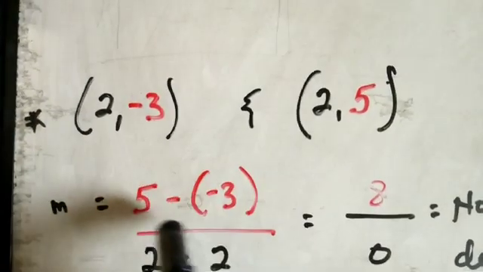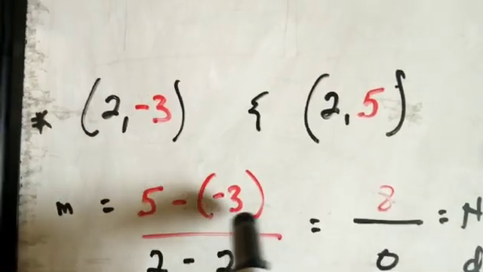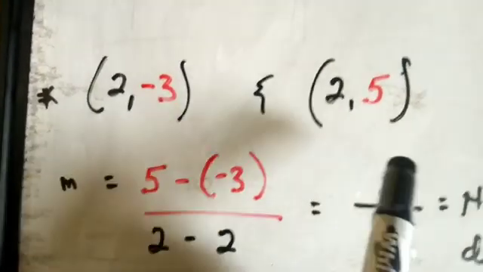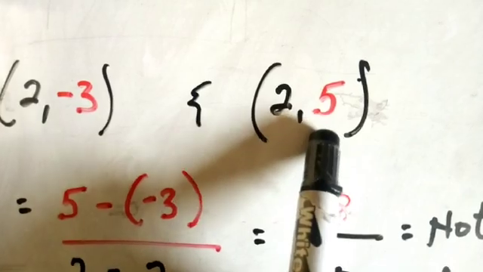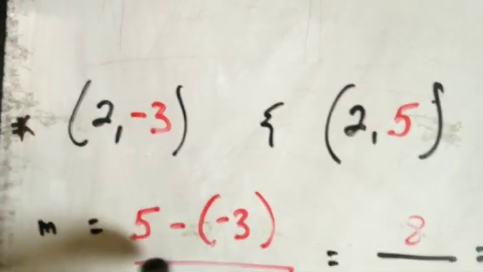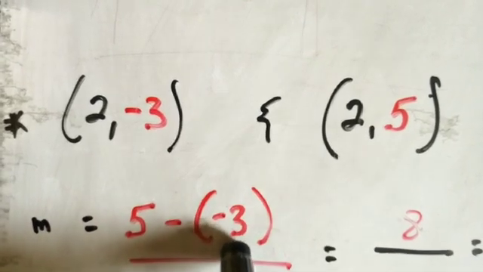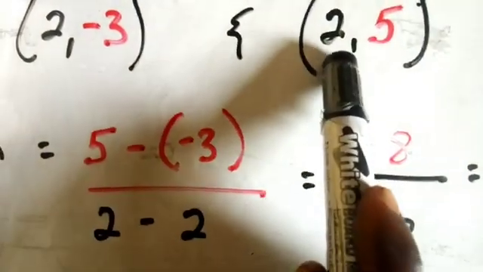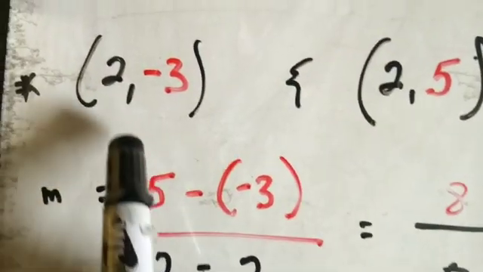That is what? The y2. You know that the gradient is y2 minus y1, that is the surname over the first name, the first name. So my y2 here will give you 5 minus what? Minus what? There's a minus here already, so minus minus 3, divided by what? 2 here, which is the x2 minus